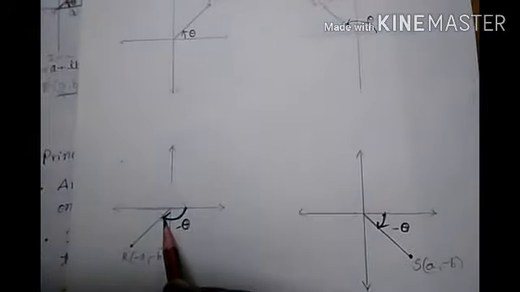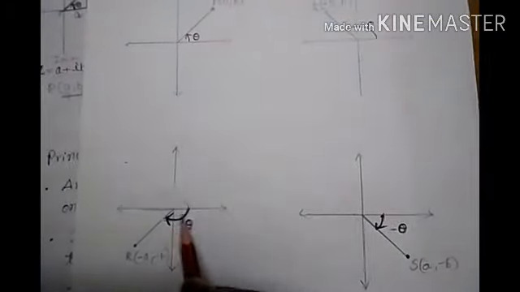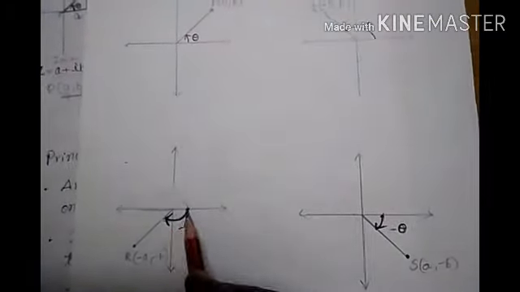Let us see this diagram. Here we can take this theta in the clockwise direction. So instead of the anti-clockwise direction, we may take the clockwise direction also, since the angle may be taken in the anti-clockwise direction as well as in the clockwise direction. If we take the anti-clockwise direction, then the angle is considered a positive angle. Whereas if you take the argument or angle in the clockwise direction, then it is considered a negative angle.